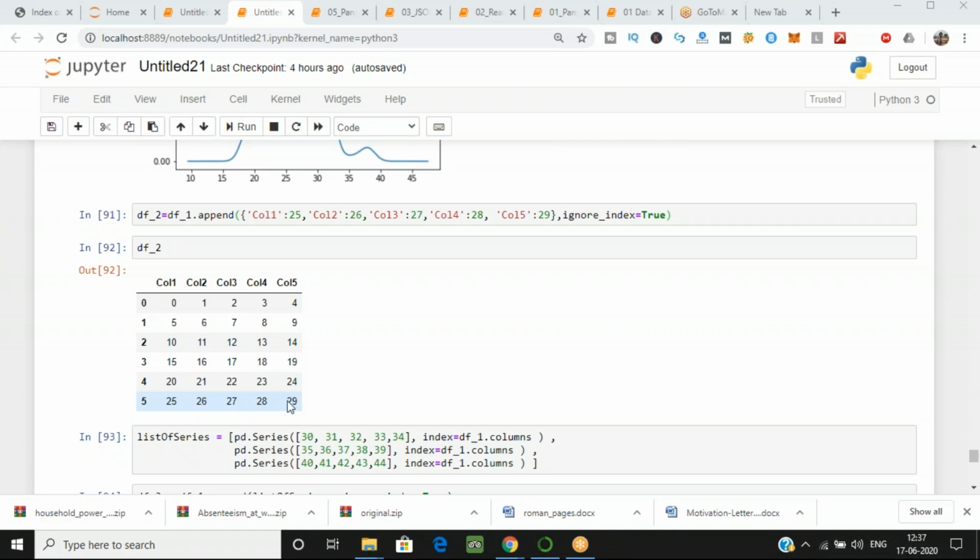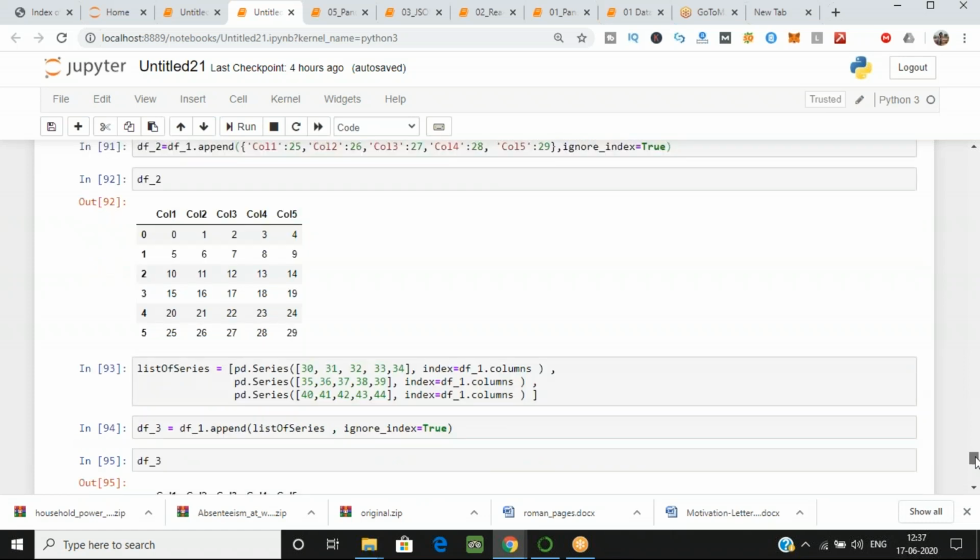So that is one way we can add a row, using a dictionary. If you want to add multiple rows, you can use a series. Even for one row you can use a series. And if you have multiple rows you want to add, you can use a list of series. So how can you use that?